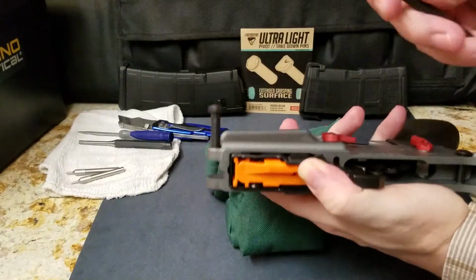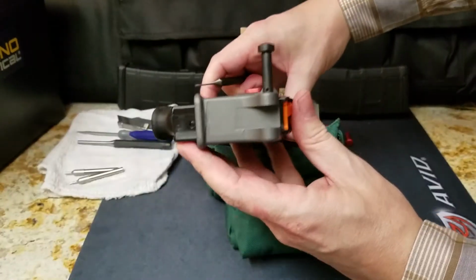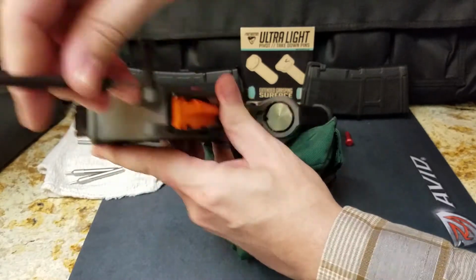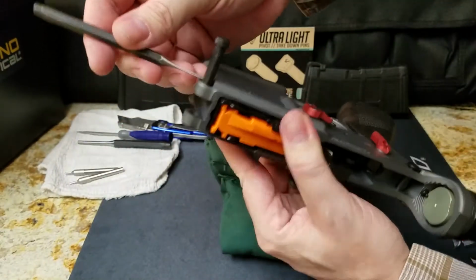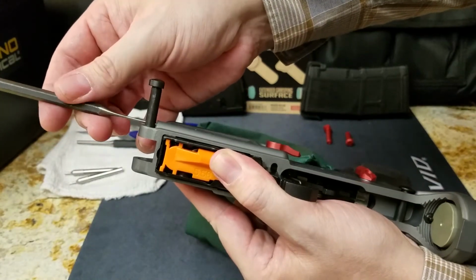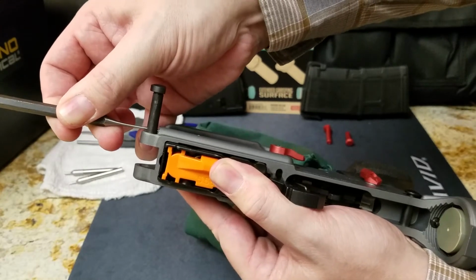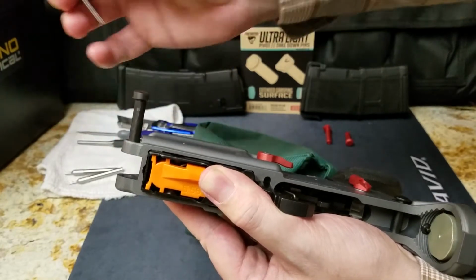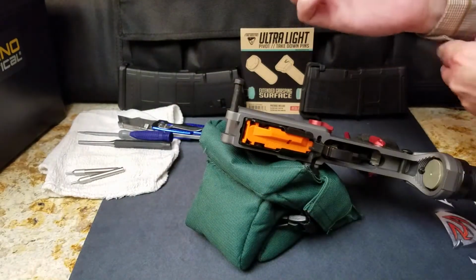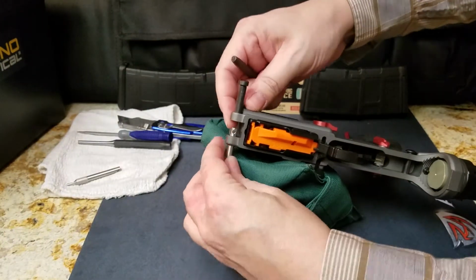I do have a punch that is small enough. And what I mean by small enough is to go in here. Sorry. And if you can see, I'm pressing on that pin. So what I'd like to do is to press this pin, insert something in its place,